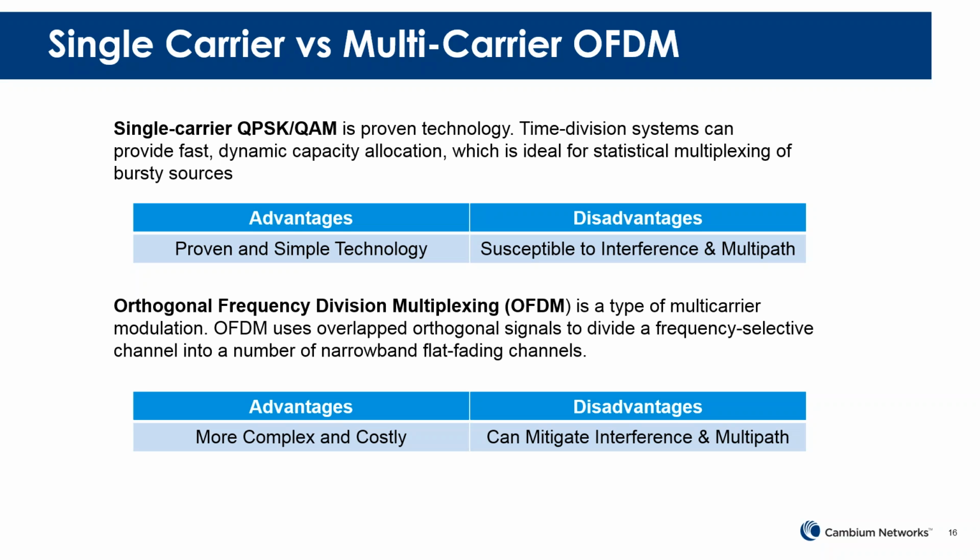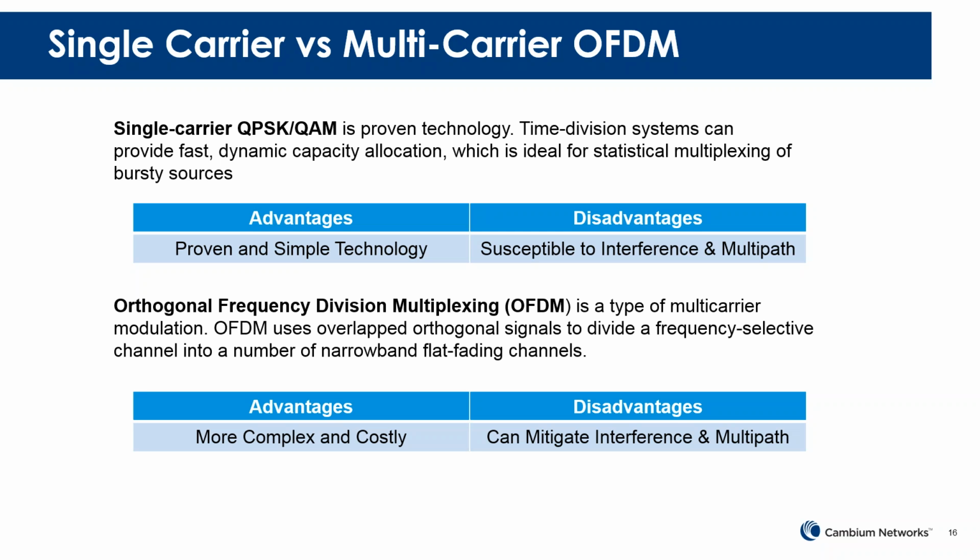It's a proven technology. It's been around for years and years. It's typically a time division system that can provide fast dynamic capacity allocations, ideal for statistical multiplexing of bursty sources. So advantages with a single carrier type of technology: it's proven and very simple to deploy. One of the disadvantages, though, is that it's somewhat more susceptible to interference and multipath,